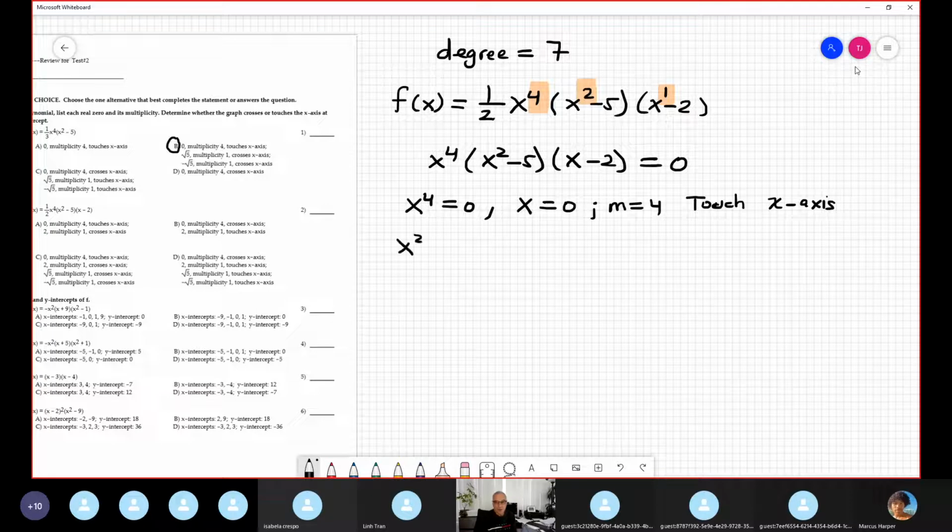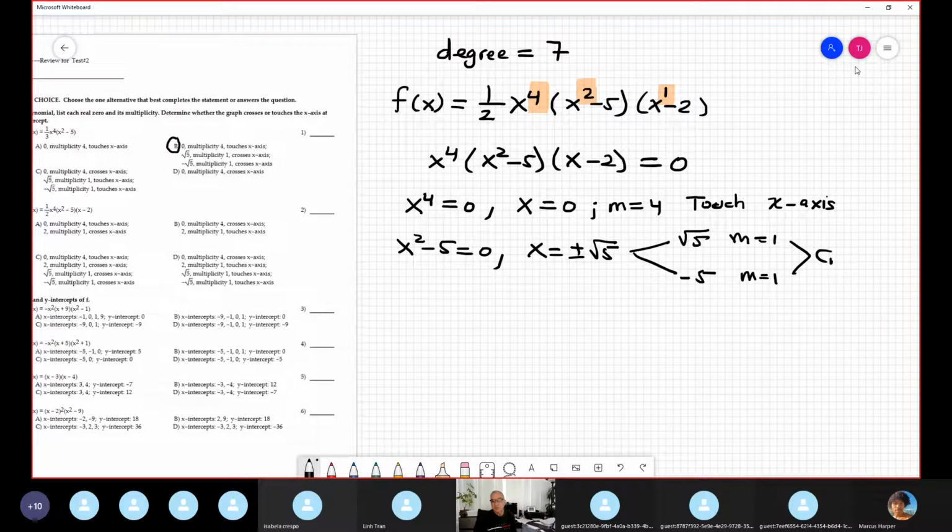The second is similar: x squared minus 5 equals 0, as I did before. X is equal to plus or minus radical 5. Then we have radical 5 positive and radical 5 negative, multiplicity 1, therefore cross the x-axis. And finally, one linear factor, which is easy: x equals 2, multiplicity 1 again, so not repeated, therefore cross